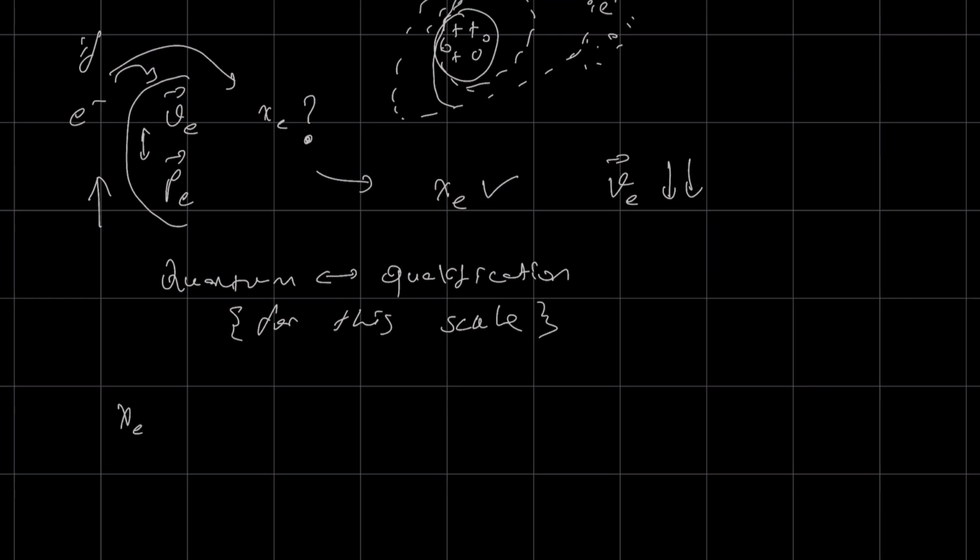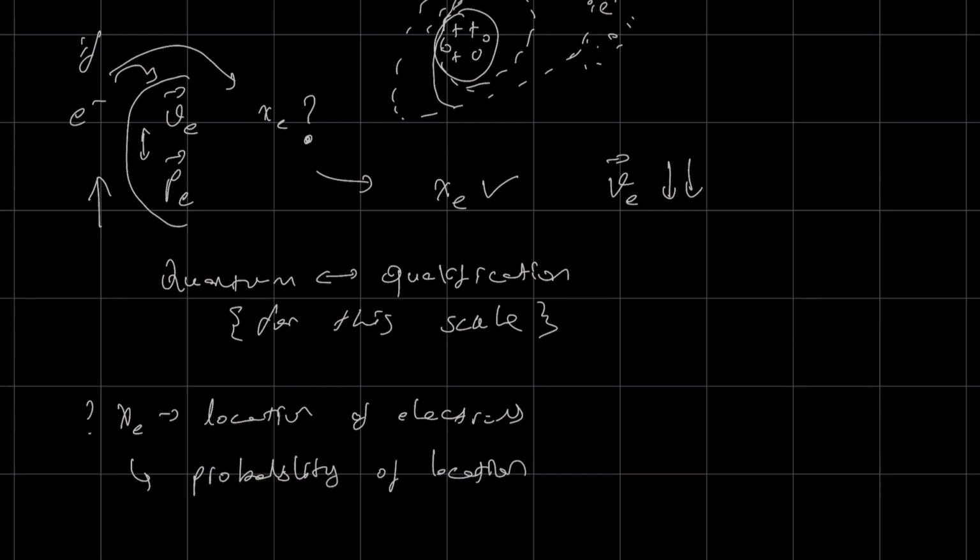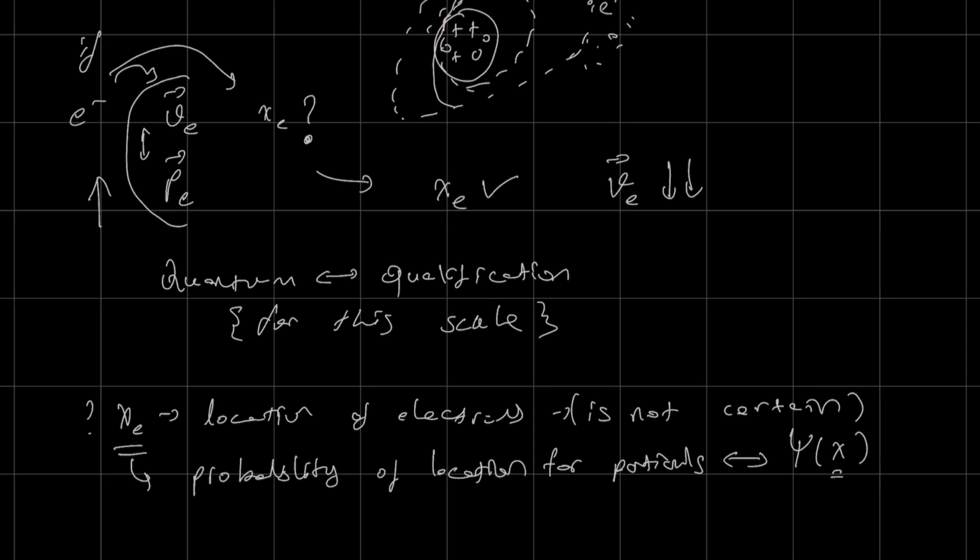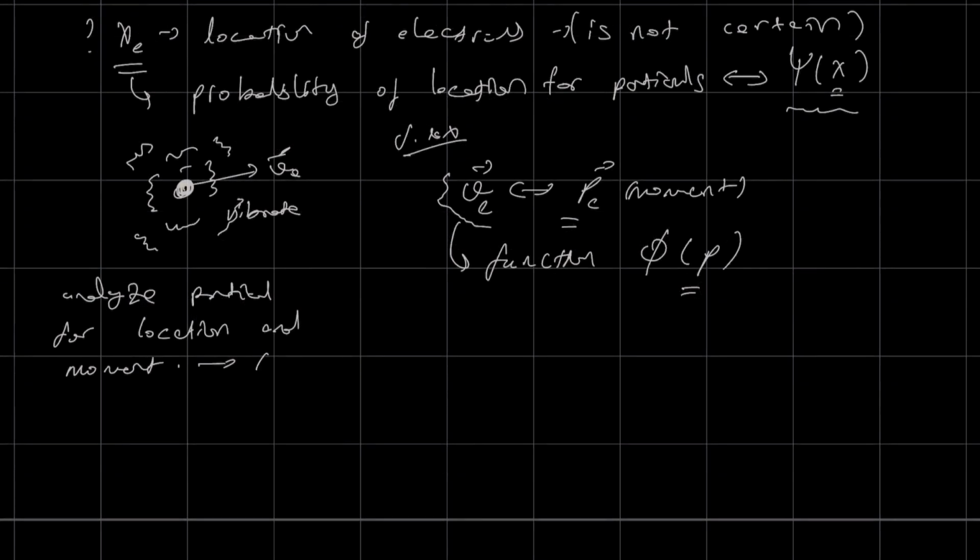What we can observe is not a definite trajectory, but rather the probability of finding a particle in a certain position. For example, the probability of an electron being at a specific location can be described with a probability distribution function. This function is called the wave function because the electron's position is not fixed, but fluctuates. In quantum mechanics, particles exhibit both wave-like and particle-like properties. To analyze these oscillations, we use Fourier transforms, which allow us to switch between periodic functions.